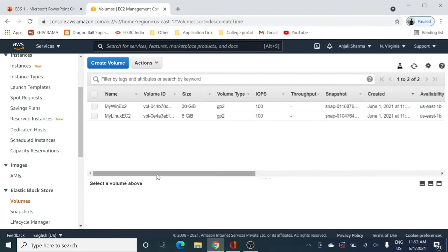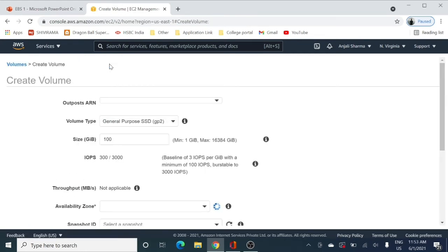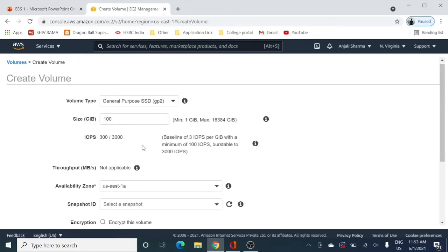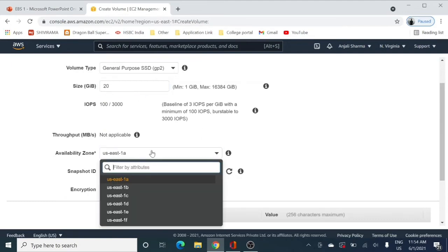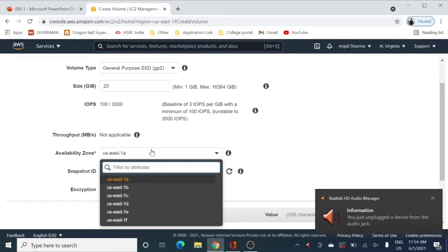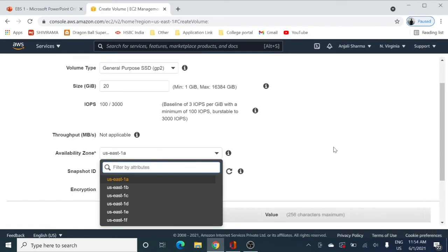Now what I'm going to do over here is create two volumes. So first of all, I will be creating one volume over here. I will be sticking to general purpose because I want my hands-on to be free tier eligible, and I will be taking 20 gigs of memory, right? And remember that here we have to select the availability zone. Know that our EBS volumes are AZ specific, right?